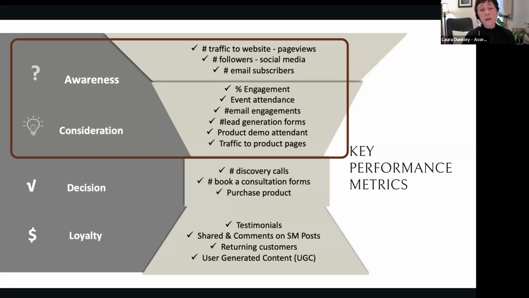Those two key pieces are where we spend a lot of time up there, and that's why it's a funnel, right? That large piece, brand awareness, is really important, and it starts the whole journey. It's large, and we're constantly looking for awareness. But then we get a few people, because some people will find us and aren't the right people, and that's okay. They're going to move aside. We qualify those leads by putting them through the various tactics of consideration. And then there'll be even fewer. And maybe when they're finally ready to buy, we move into decision and then loyalty. That will be next session. For right now, we're going to focus on awareness and consideration.